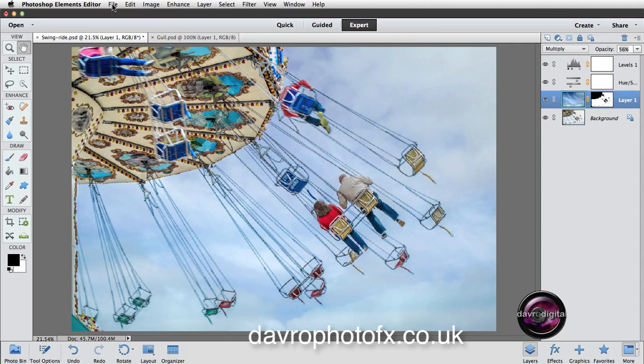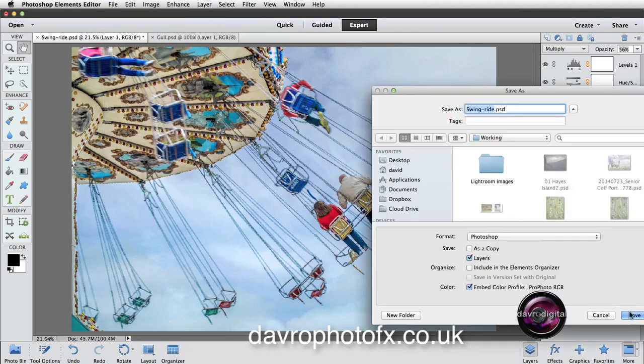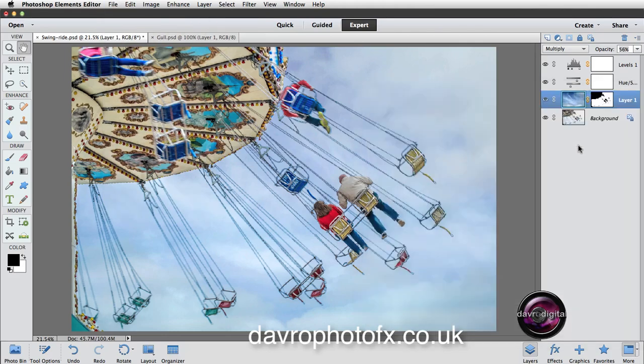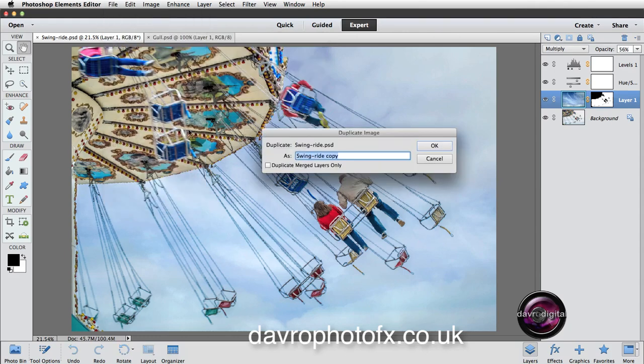Right, when you've done any sort of modifications, go to File, drop down to Save, and just click on Save. That's going to overwrite it. It's going to update it now to that opacity of 56%. Okay, I don't want to continue working on this particular image, but what we're going to do is go to File, drop down to Duplicate. Now with Duplicate, it gives us the option to rename it, so I'm going to call this one Swing Ride